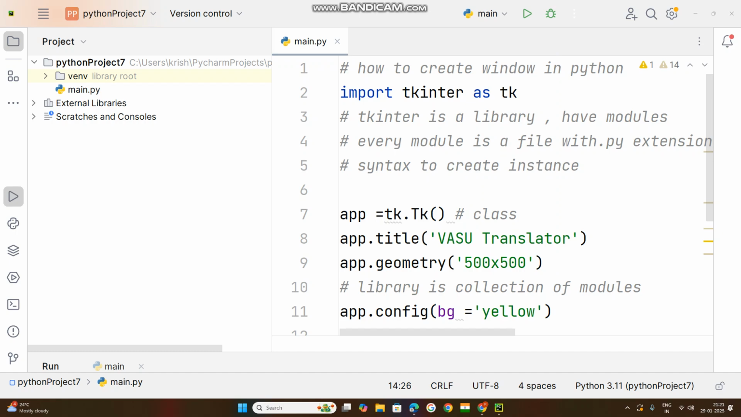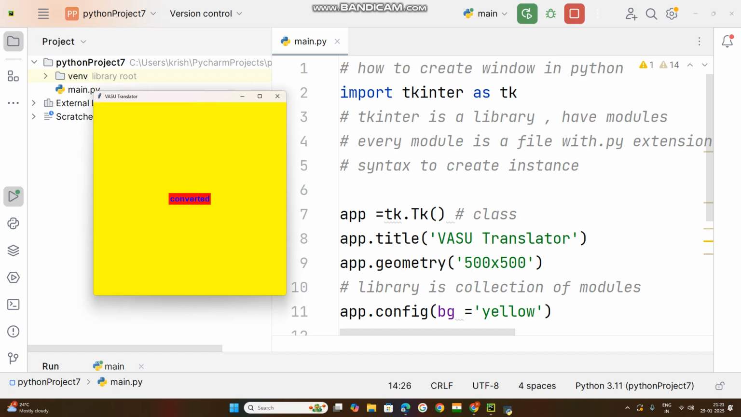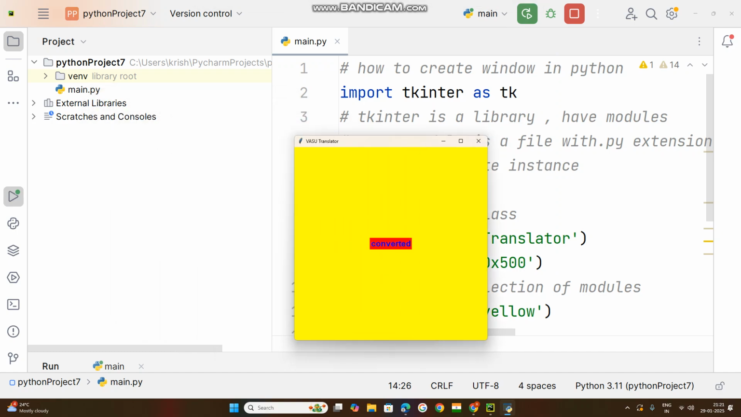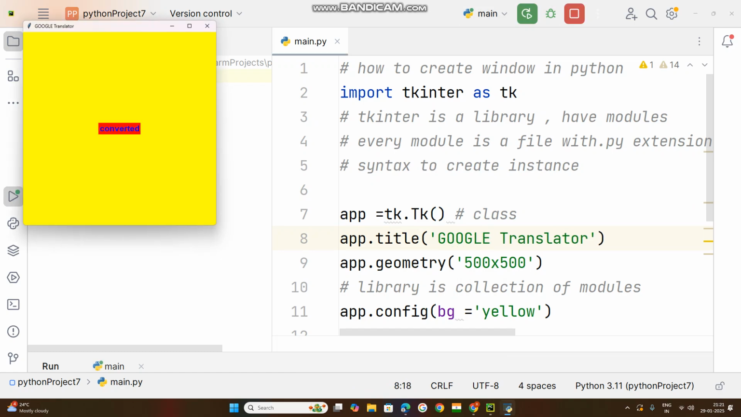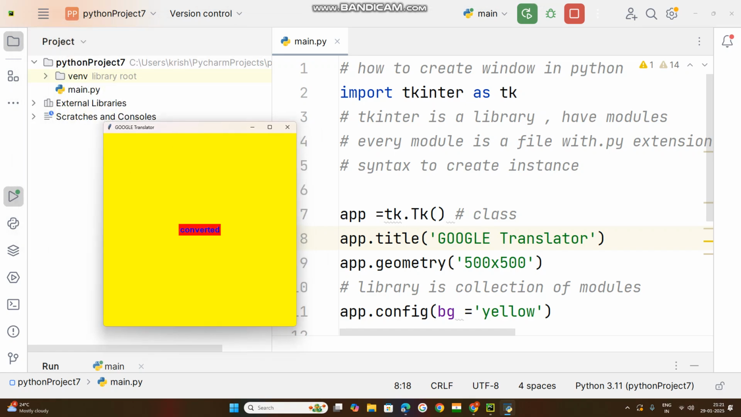See, this is the code, and this is the graphic user interface. If you keep Google Translator here, you will get the Google Translator like this. This is the background color. I already told how to create this application window in the previous classes, but now I want to add